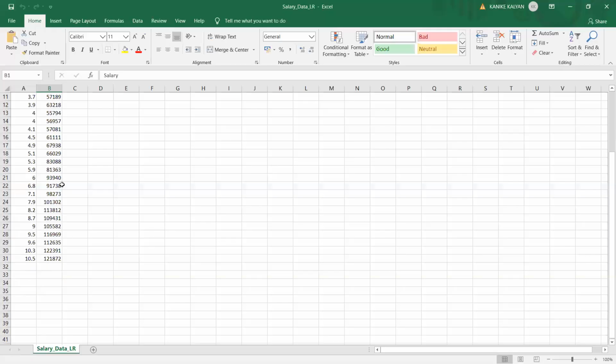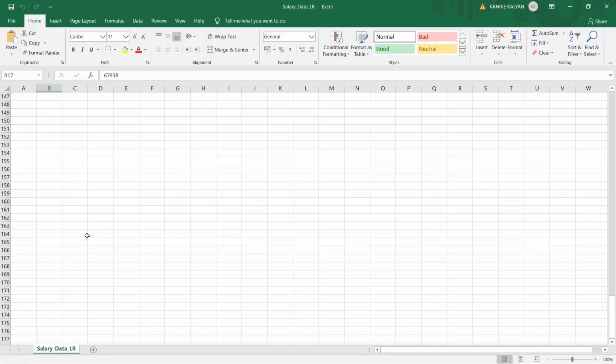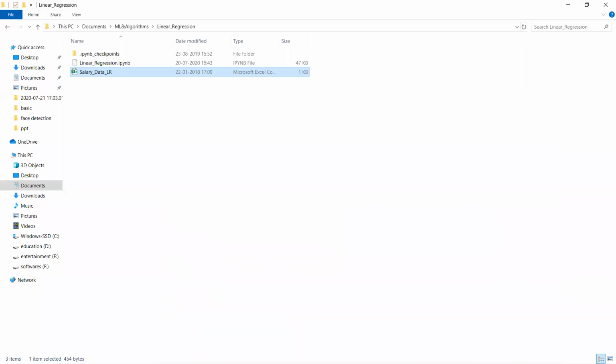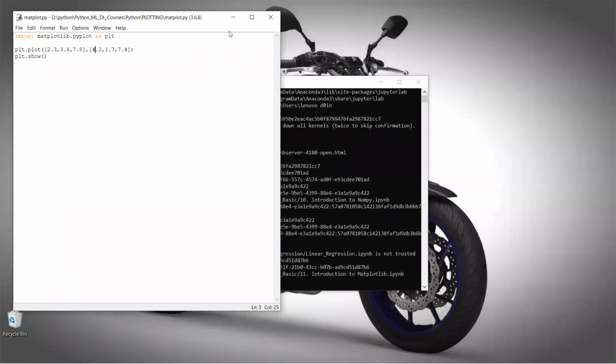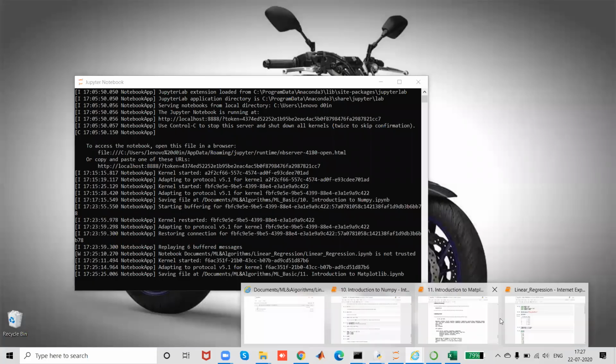But if we have 1 lakh rows, in that case we cannot observe that very easily. For that purpose, if this entire data is understood by the machine, then it's simple. The machine can show us the entire data in an easy manner by plotting the results. I'm talking about that only here.